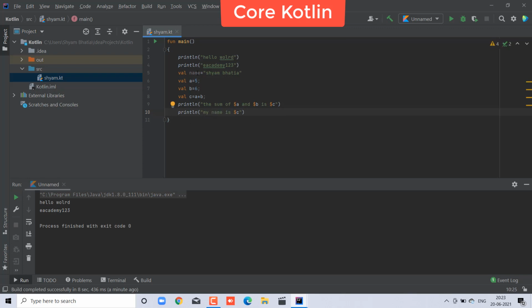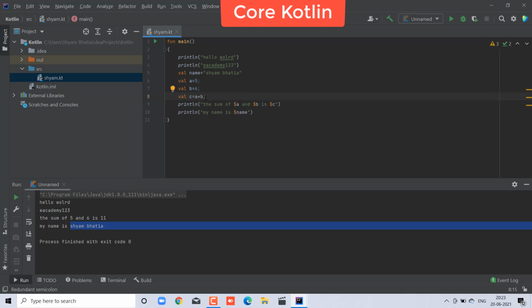Let's say my name is, and what is the variable name, so you put the name here. Okay, Control S, and just build it and run it. Then you will find the sum of 6 plus 5 is 11, as well as the name is Shyam Bhatia. Yes, the sum of 5 and 6 is 11, and you will find the name. So this is how the operation works properly.